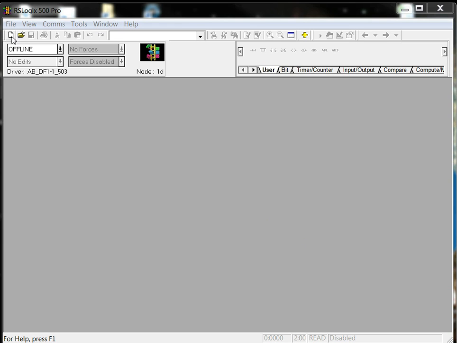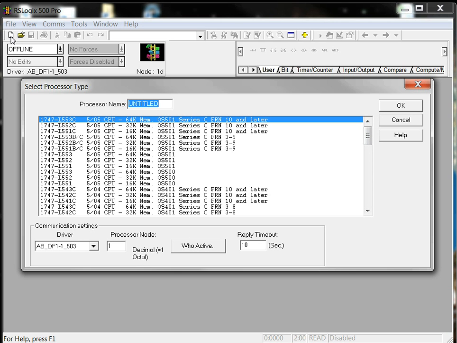Next is to start a new program. You can do that by clicking on the white sheet of paper icon in the top left corner. The program is now going to ask you which processor you're using. The trainer that I have, I'm using a SLC 500, and it's the 503 processor, so I'll find it in